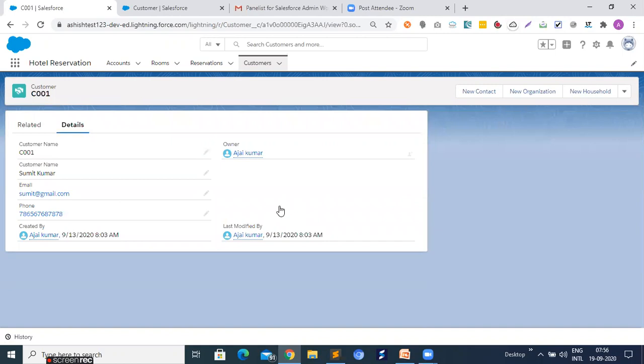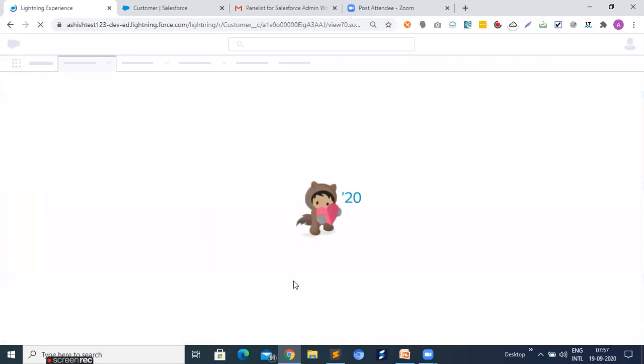Just we open this and the field that we created is displayed in the detail page.